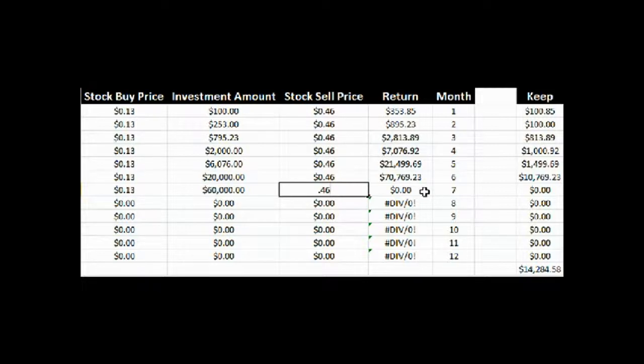0.46. What is that going to end up being? Oh, wow. Look at that. $212. And wow. So I think that's a pretty good return right there. So if we just added up everything that we have, what we kept and what we have right now,